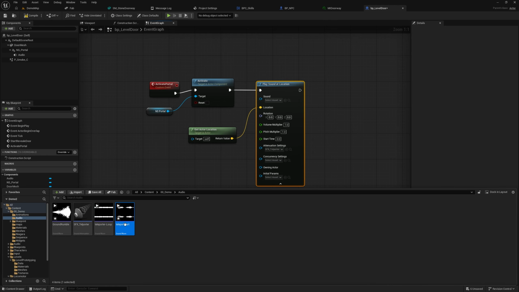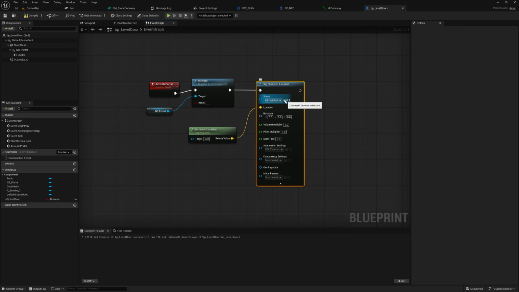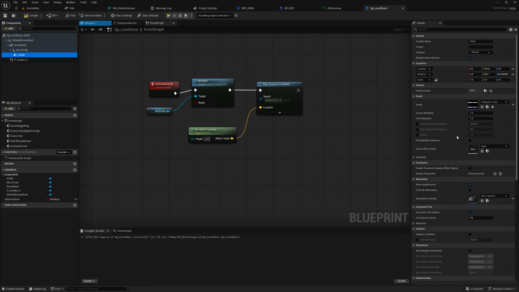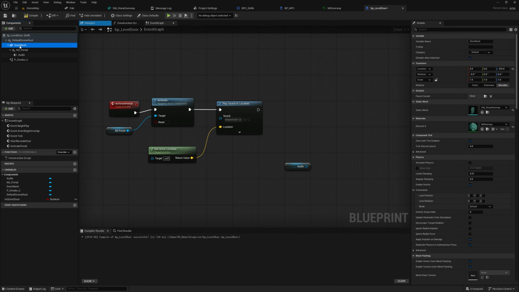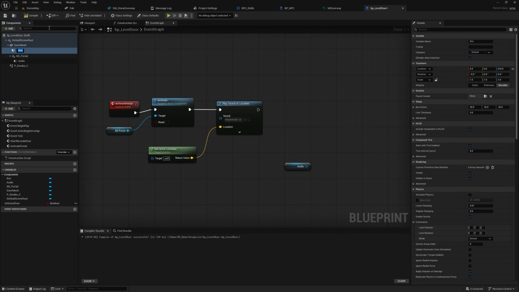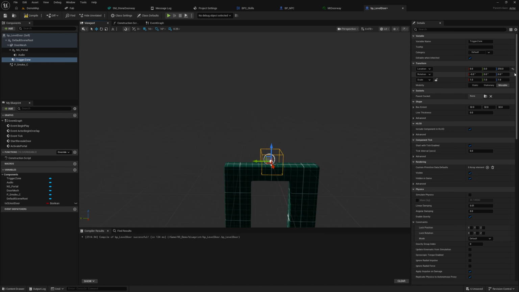I can then teleport start. We can plug that in here. That's going to be the start. Then what I want to do is grab this one. We're also going to grab our door and add a box collision, call it trigger zone. Now, if I go to the viewport, this one I am going to